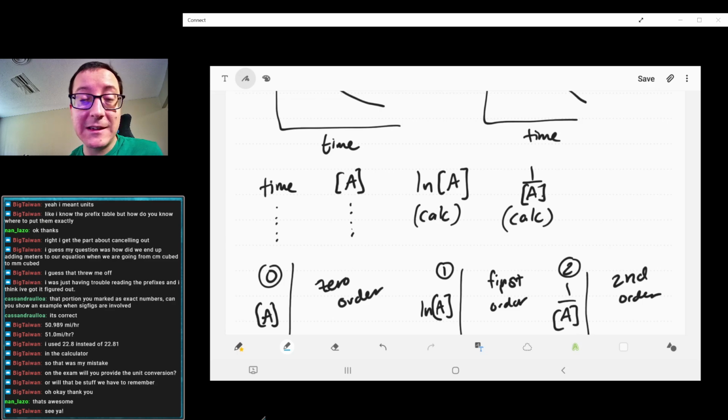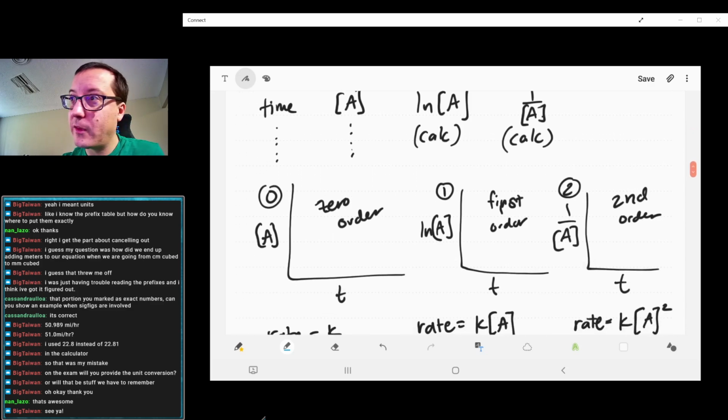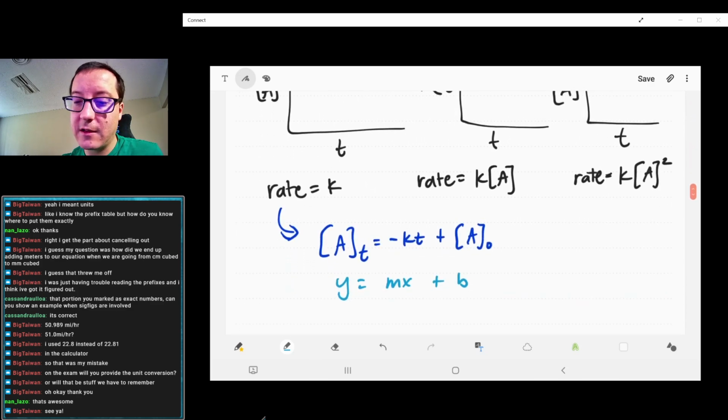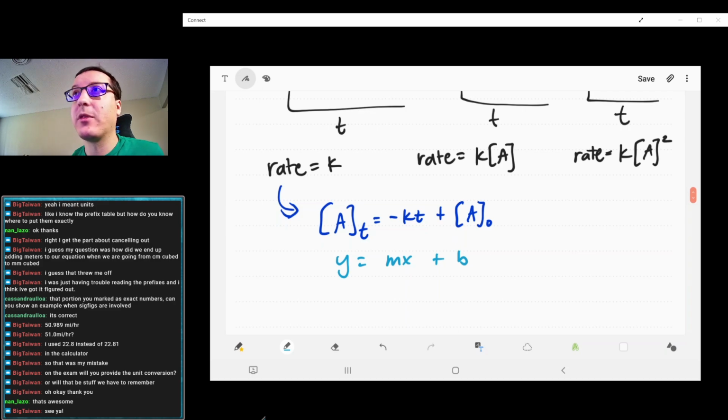And so we're going to see today how these factor into what is actually happening in reactions. So cool. Any questions on this so far? These three different orders of reaction? Okay. Well, I kind of want to give you an example, but I think it would take too long. So maybe what I'll do,